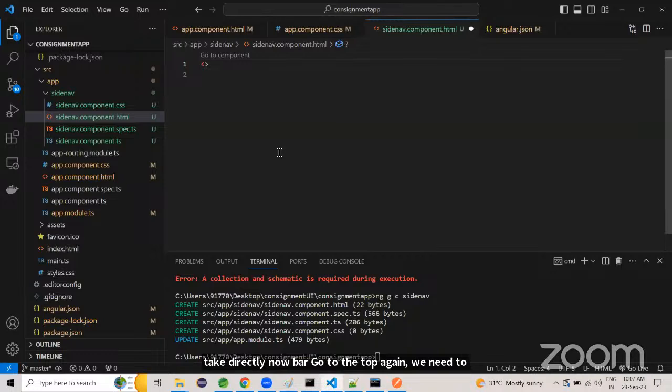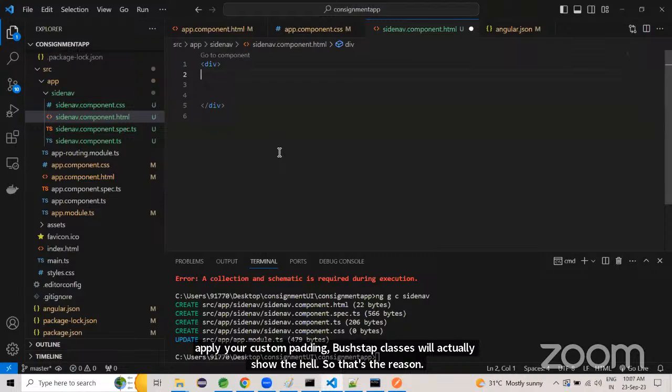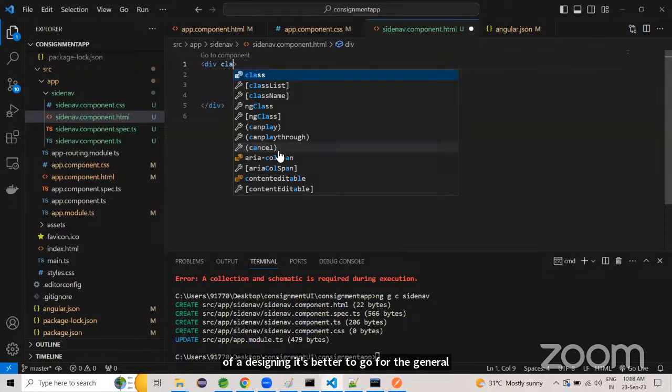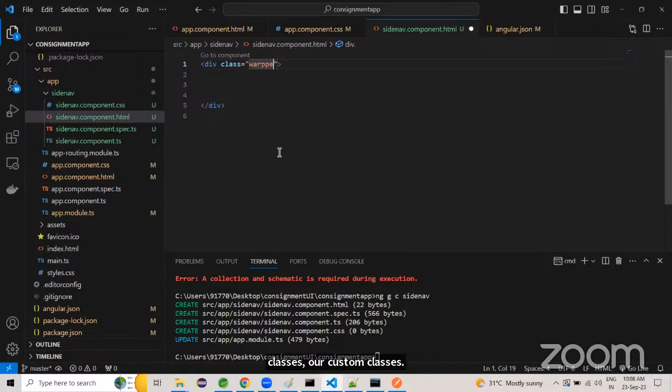I will take a div directly here. We apply our custom style simply, because I mostly don't use the bootstrap classes. If you want to apply your custom padding, bootstrap classes will actually cause trouble. Whenever required, I will add the bootstrap classes like buttons, tables. We definitely will use the bootstrap classes, but for this kind of designing, it's better to go for generic or custom classes. So always try to create a wrapper. That's a good approach. Once you create a wrapper, then inside that you can create your